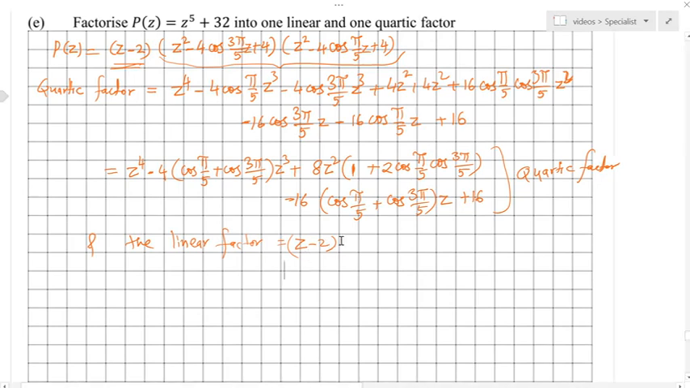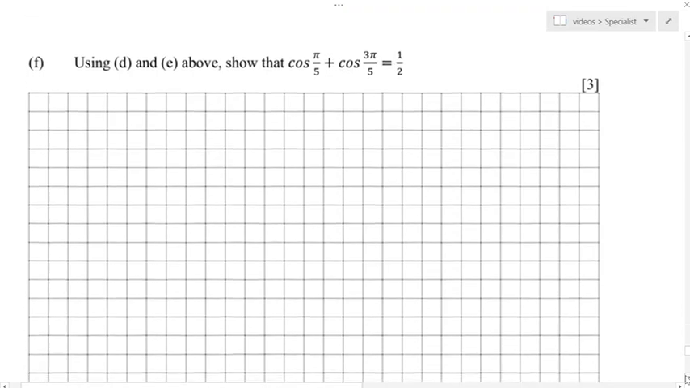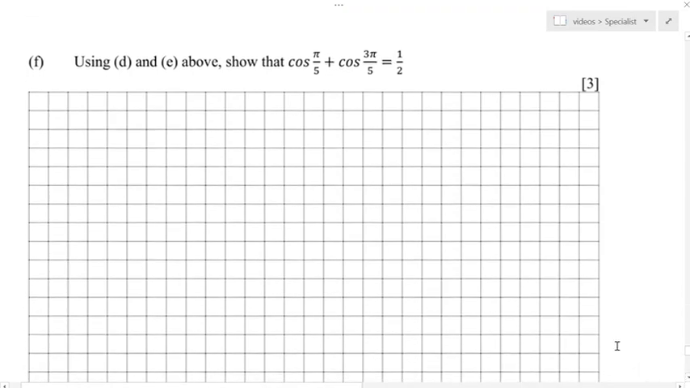Alright, and the last part that we have now is, let's take a look. It's the longest kind of question, and this is the last part, which says that from B and E we need to show that cos pi over 5 plus cos 3 pi over 5 equals half. So all we need to do is, from the previous part we had that z to the power 5 plus 32 is equal to, we can write that as a product of,